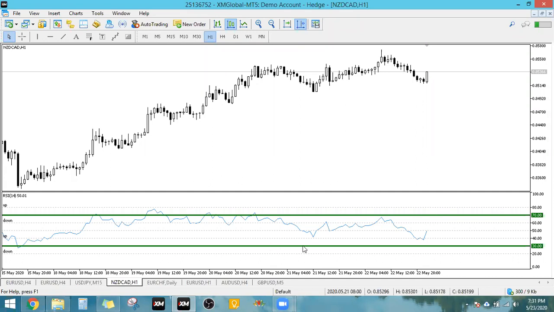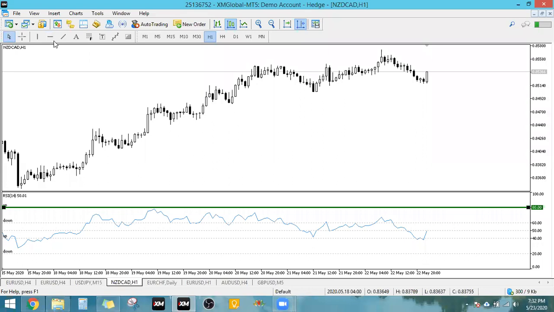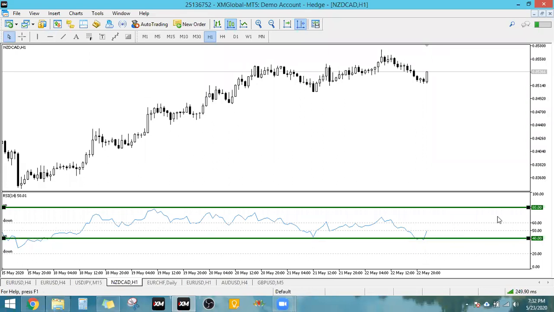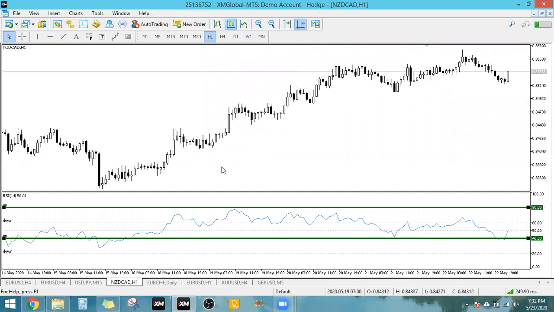Bakit? No? Ano yan? If we take out our 70 and 30 for now, you will notice na nilagyan ko dyan ng up-down. No? Kapag uptrend yung market, I use 80 and 40. Lalagyan ko na lang ng linya para mas makita natin. Okay? Pag uptrend yung market, 80 and 40 ang gamit ko. Kapag downtrend, 60 and 20. Bakit? Try natin, check natin sa market, no? So this one is